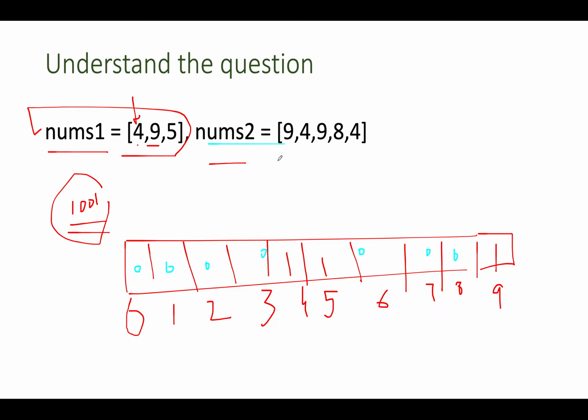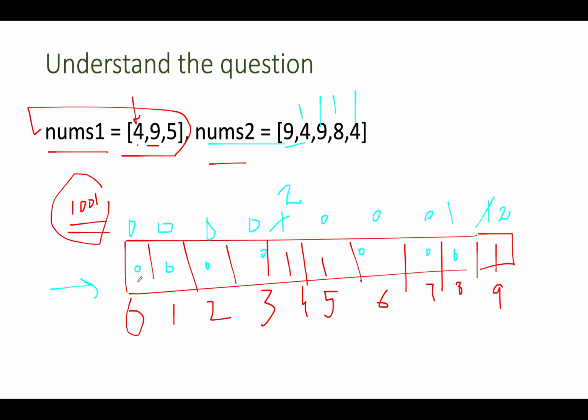And let's start the iteration. We see 9, so we create the new frequency array and update the frequency of 9 to 1. Then we have 4, so we update here 4 to 1 as well. Then again we see a 9, so this gets updated to 2. Then we have 8, this gets updated to 1. Then we have 4, and it gets updated to 2. So the other frequency array is something like this: 0, 0, 0, 0, again 0, we have 2, we have 0, 0, 0 here, and we have 1 and 2 here.